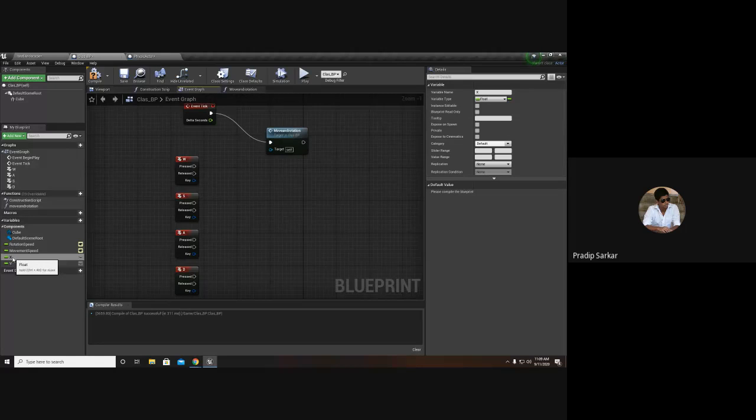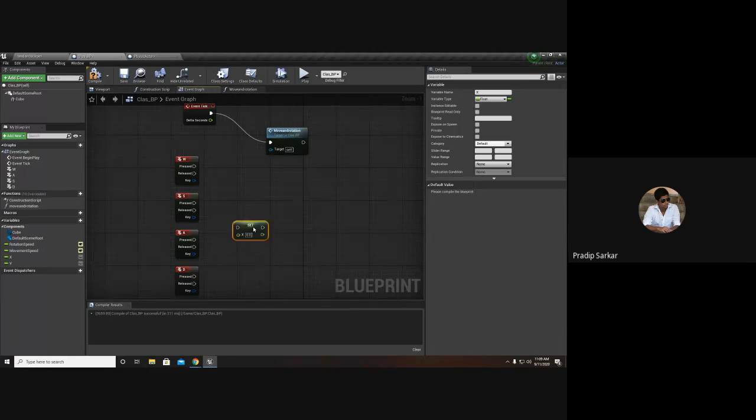Whenever I drag any variable inside the event graph, it will ask me to do 2 things with that variable. Either I can get that variable or I can set that variable. This time I will set the variable.